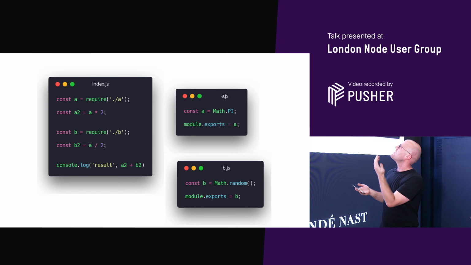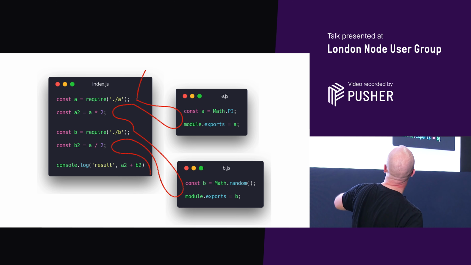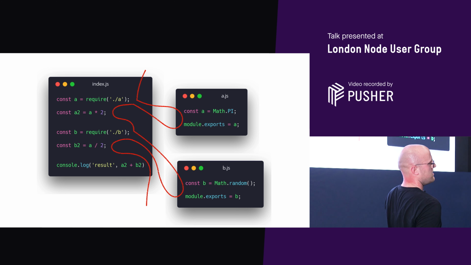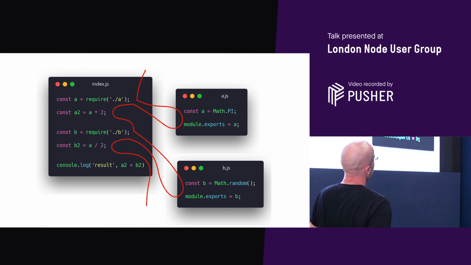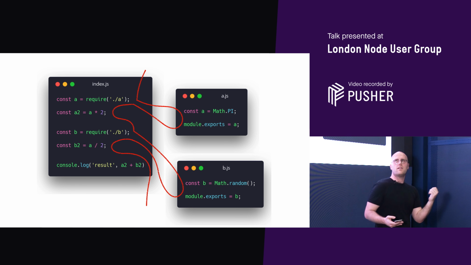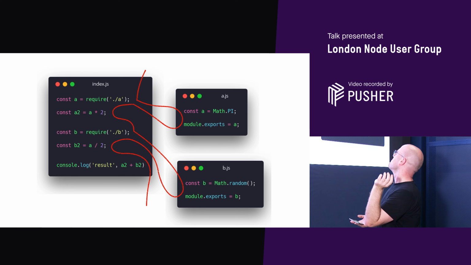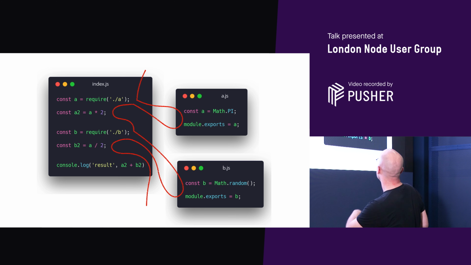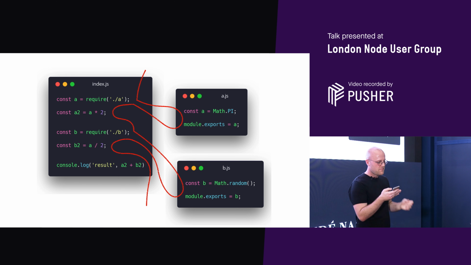So this is Node.js, a load of CommonJS stuff. Whenever you come across the require statement, as you all should know, you hit the disk, load up that file, start executing it, see what it comes out with, then go back to the original file you're in and carry on executing. If you come across another require statement, we go to that file, grab that thing, come back out, it's all great. Can anyone think of why that would be bad for web?